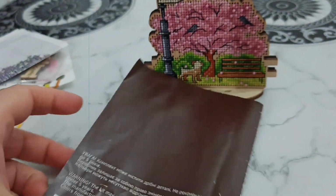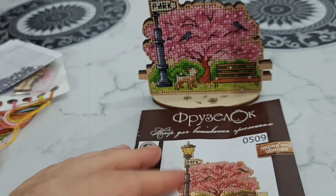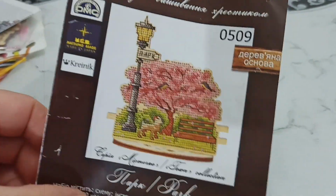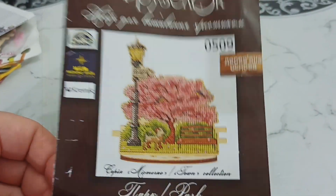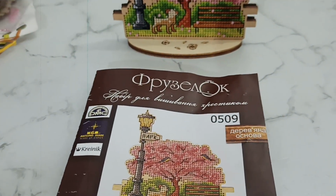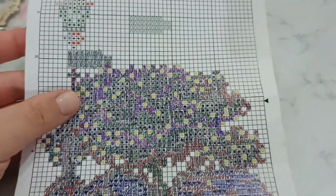And I was thinking that I was going to start the next one in this collection, but no, I'm going to keep stitching something that I kind of left behind. I'm going to show you in a second, but for now you can see my chart. I can definitely show you that I've already crossed everything out. You can't really tell what's behind, so that's why I'm showing you. And the only thing I haven't